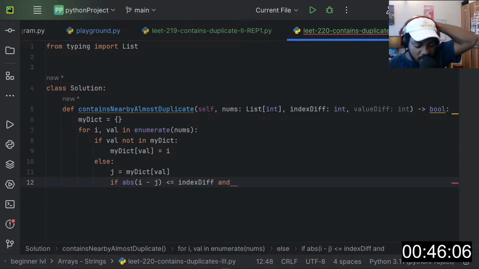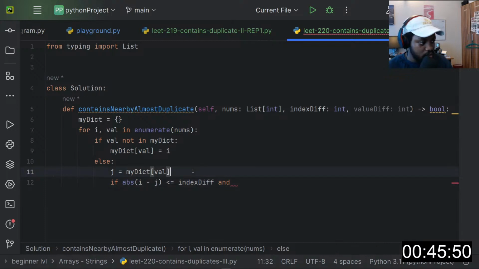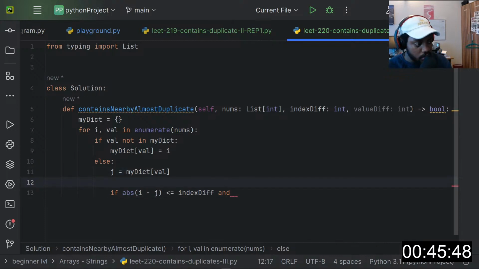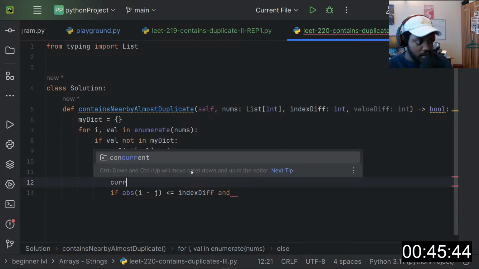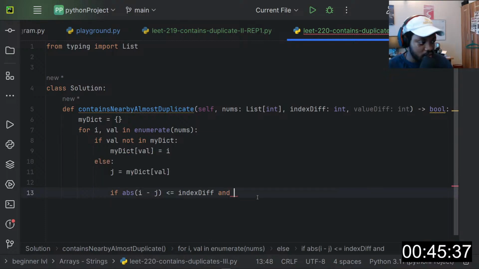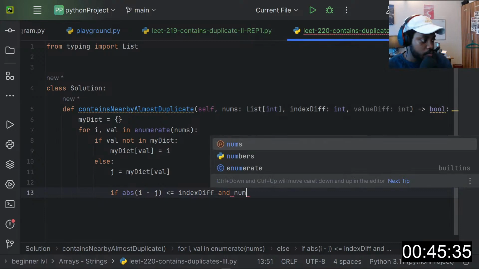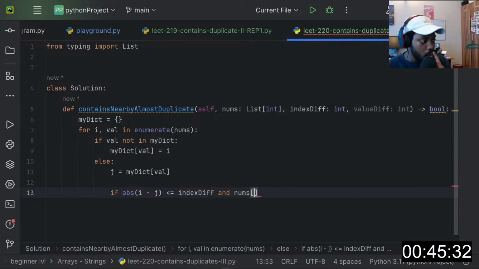and, and value, sorry, and I'll just do this. I'll just do i minus j here, the number at i minus j, or you know what, I can just put it in the same line. I'll say nums at, or I can say the current value, right?